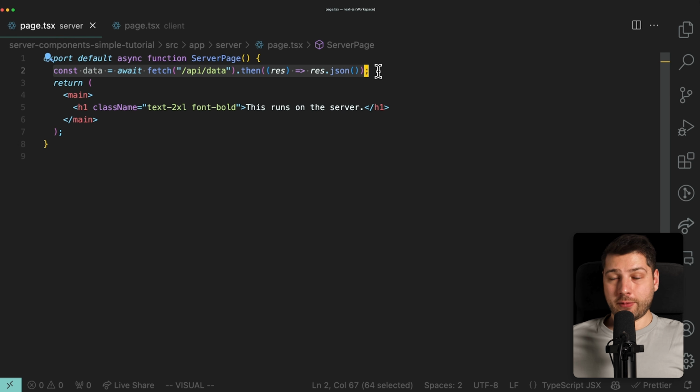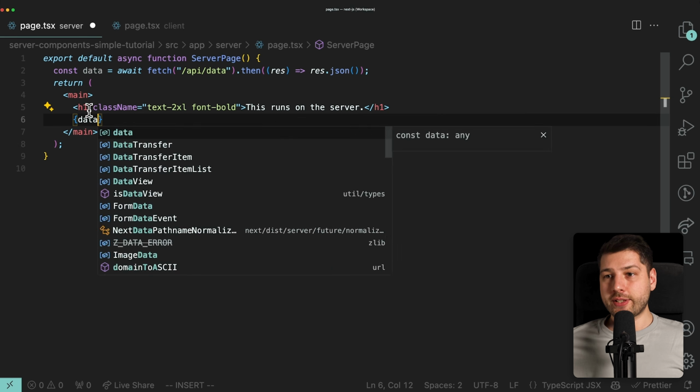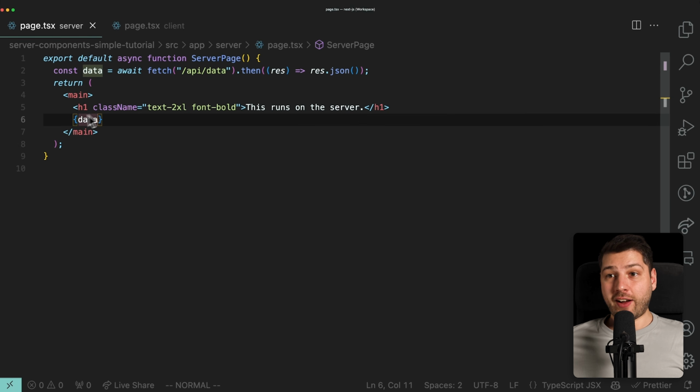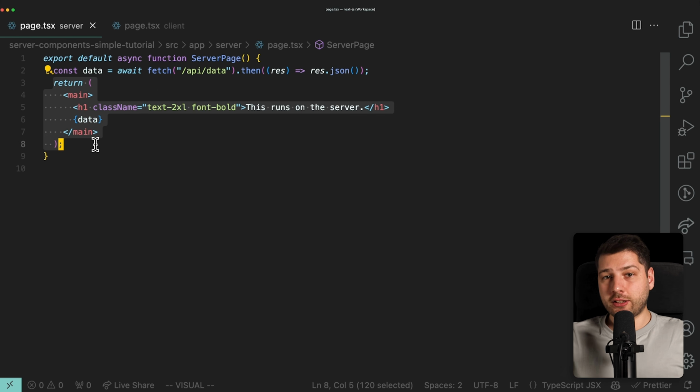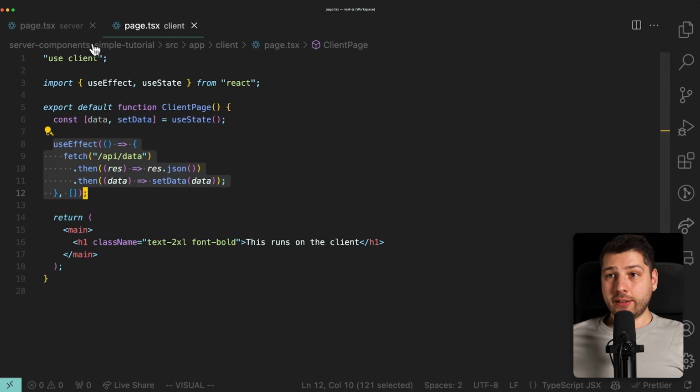We have no state to manage, we have no use effect to manage, and more importantly, we have no updates to happen. We're just directly awaiting the result of this fetch, storing it in this data variable, and then we can directly use data inside of this component, and the final HTML from the data, from the fetch, along with everything else, is going to get built, compiled, and then sent to the browser to be able to show on the screen. This is a lot less code than doing the same thing in a client component,